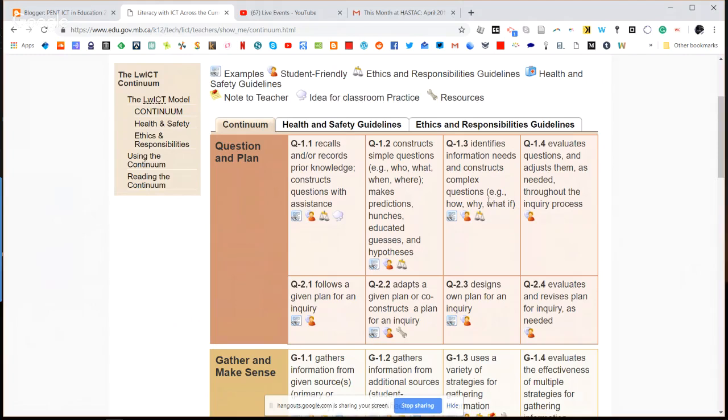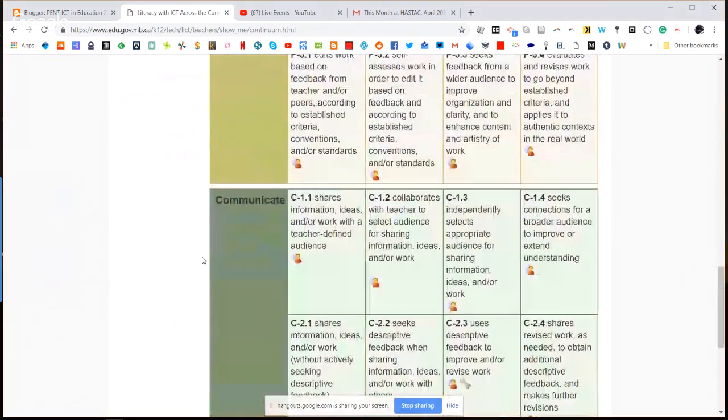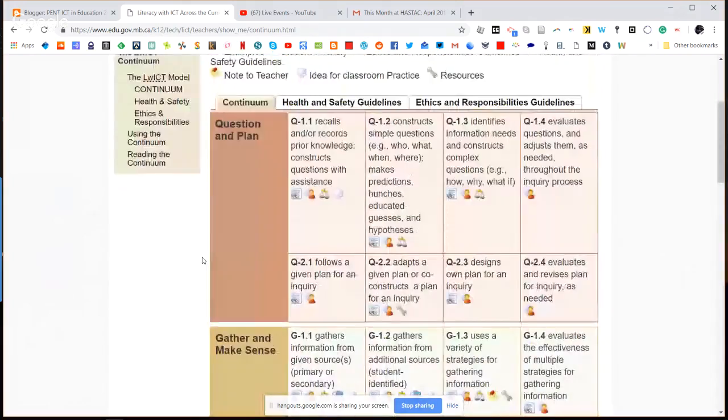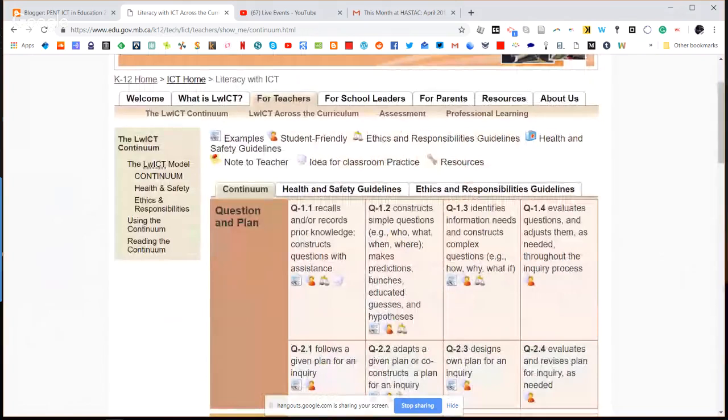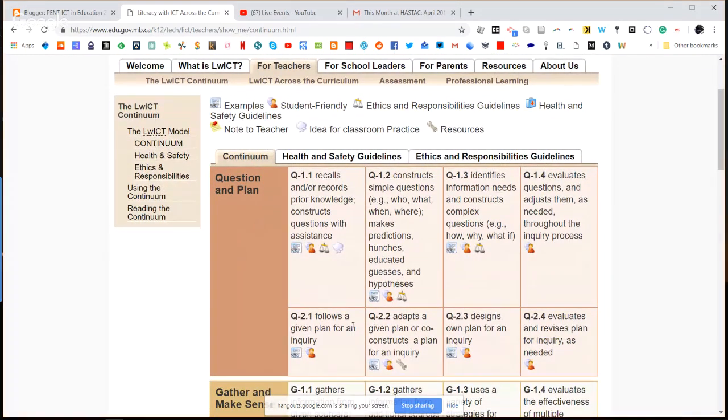Depending on what your lesson is, whether it involves questioning and planning, gathering and making sense, producing to show understanding, communication, or reflection, these are the tasks you're expecting people to do as they're learning this information. And then how well do you expect them to do it? So across the top here are the increasing expectations that you have for each of these levels. So if we're starting with question and plan, Q.1.1 recalls and or records prior knowledge,